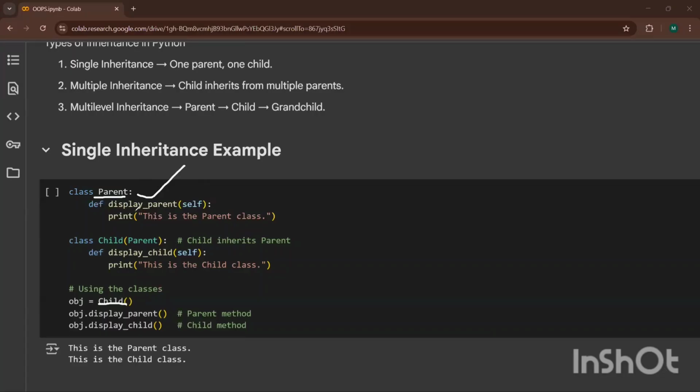So this display parent I can use here without calling the parent class. Just display parent and then display child, which is the actual method for the child class. And I'm able to get both of them. This is known as single level inheritance. Is it clear, guys?